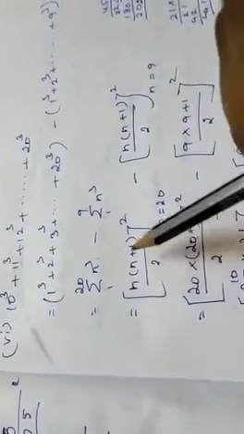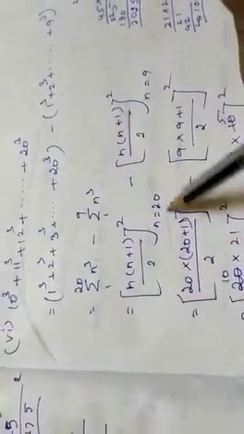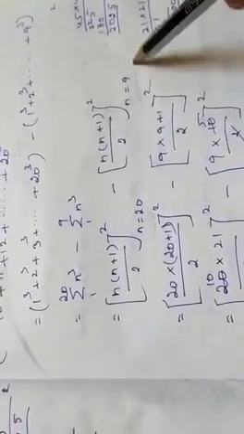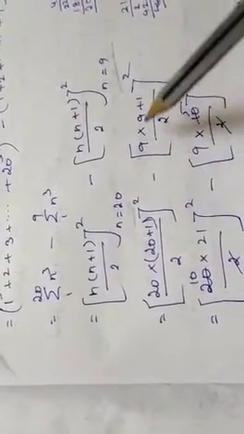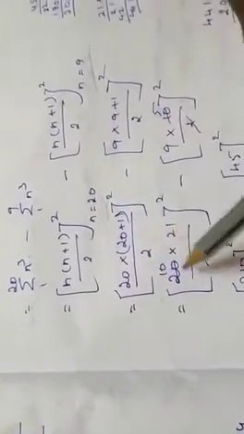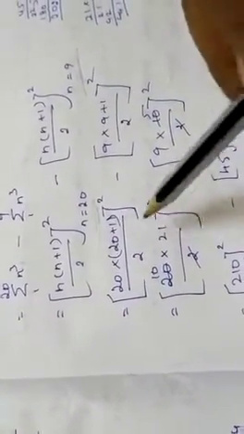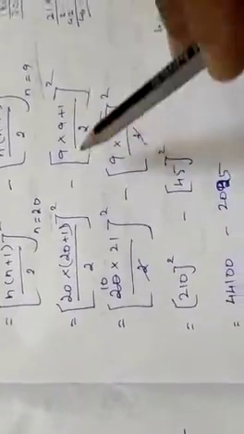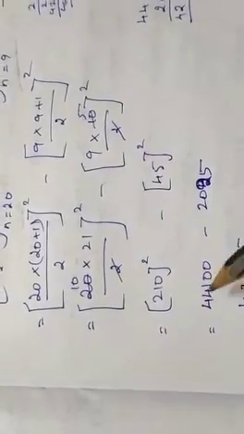So you'll find n into n plus 1 by 2 the whole square, where n equal to 20, minus. This is very important to write. N into n plus 1 divided by 2 the whole square, where n equal to 9. So that is 20 into 20 plus 1 divided by 2 the whole square, minus 9 into 9 plus 1 divided by 2 the whole square, which is 20 into 21 divided by 2. So here itself, inside, you can cancel any number. Okay, so 10 into 21 the whole square, and here 2 into 10 is 2 divided by 10 is 5, then 9 into 5 the whole square, which is 210 whole square, and 45 whole square, which is 44,100 minus 2025.